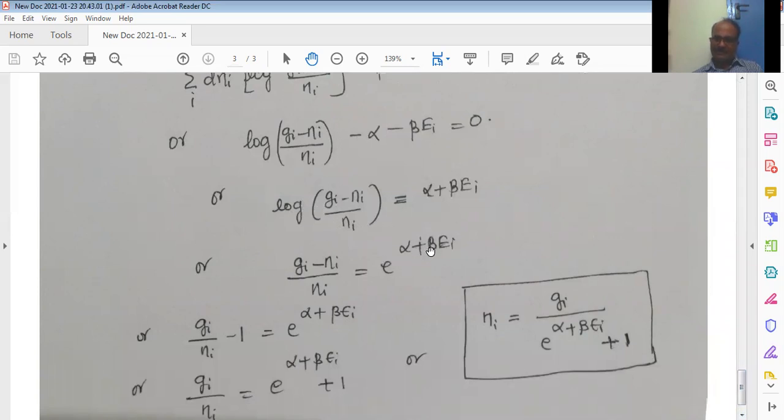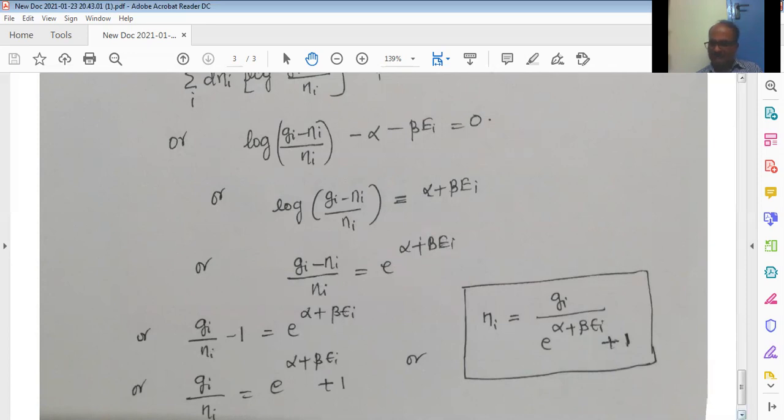The RHS goes exponential, so therefore Gi minus Ni divided by Ni is equal to e raised to alpha plus beta Ei. And this term we have to simplify, taking the LCM. It is Gi by Ni minus Ni by Ni. Ni by Ni gets cancelled, so it is minus 1 is equal to e raised to alpha plus beta Ei,